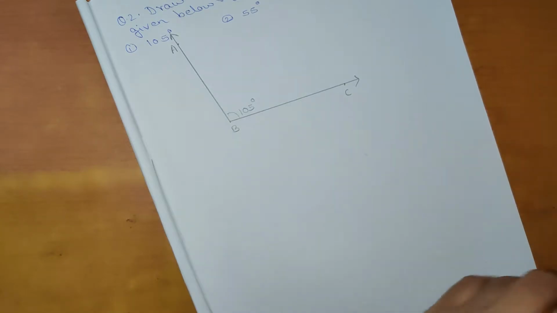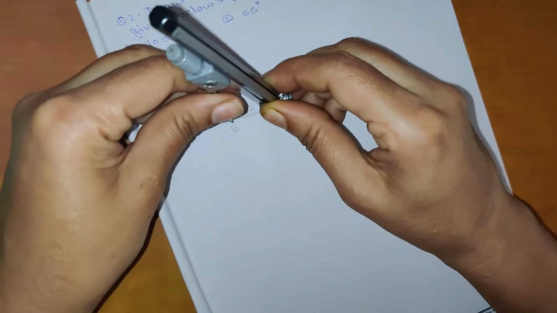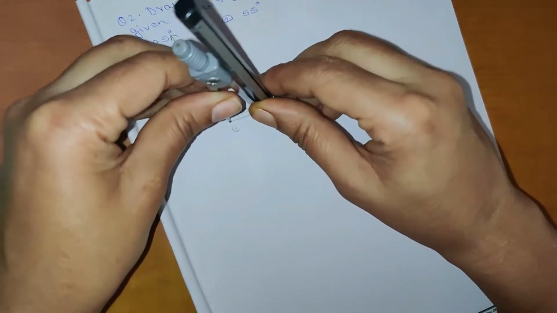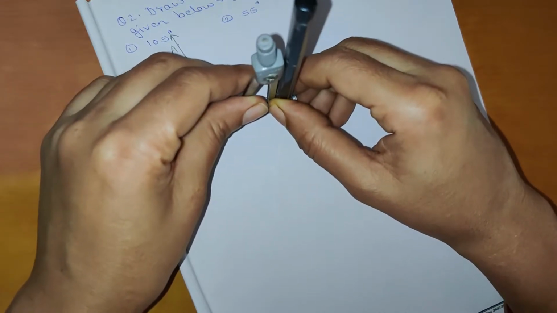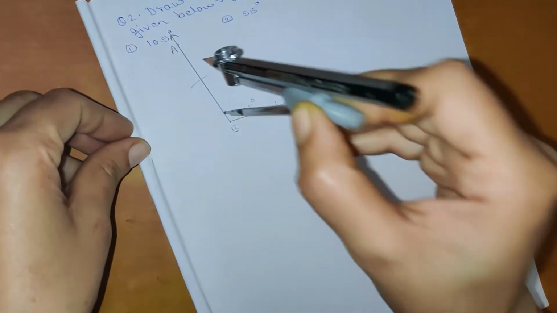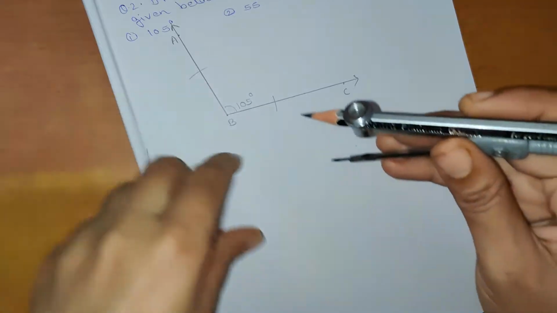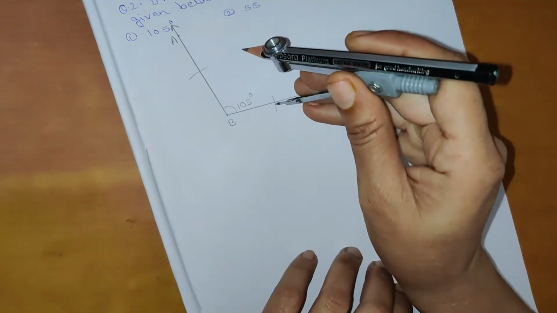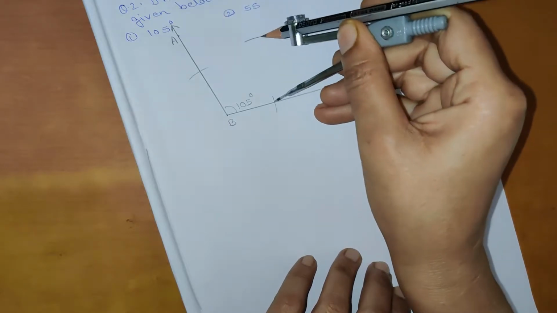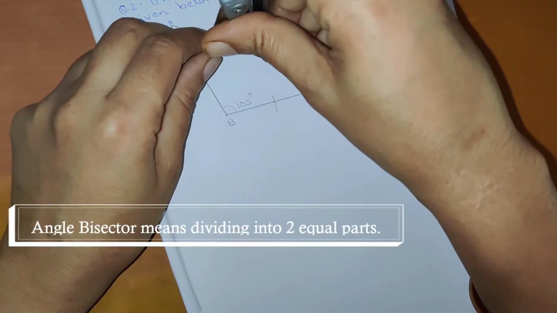Now how to bisect it? Take the distance such that the compass is tight after taking the distance, such that it should cut both the arms. Okay, so mark the arc on both the arms. See, I have marked it. Then again you increase the distance a little bit and tighten your compass. Keep on that marked arc and make again one arc with the same distance. Come here and make the arc.